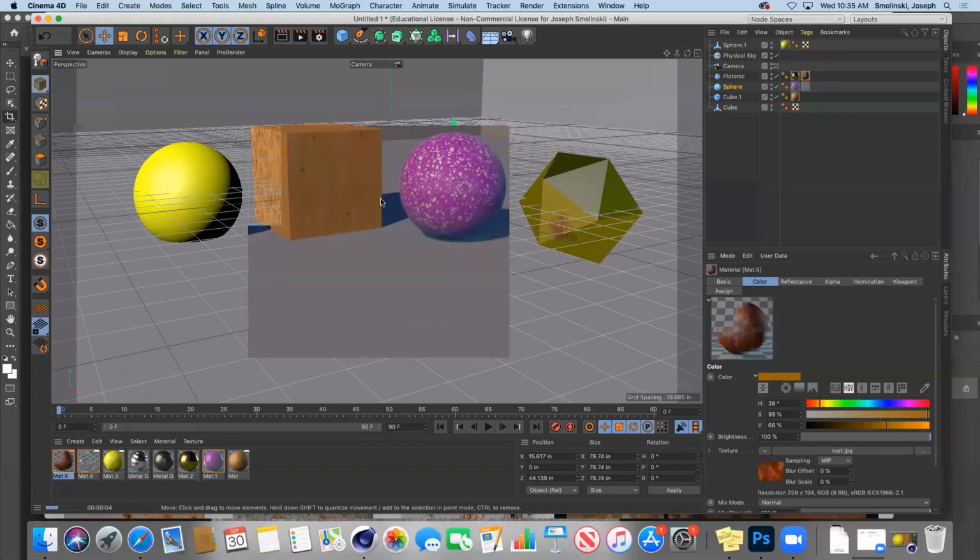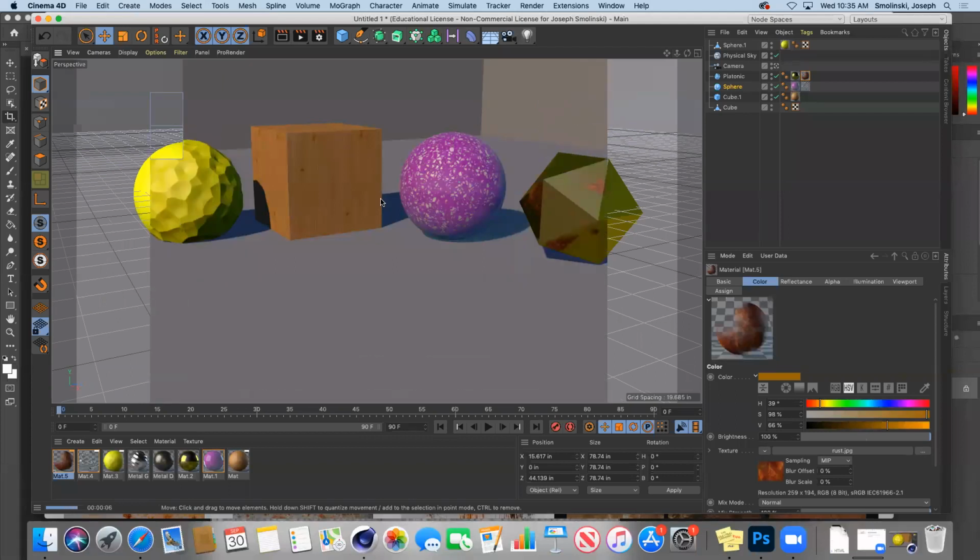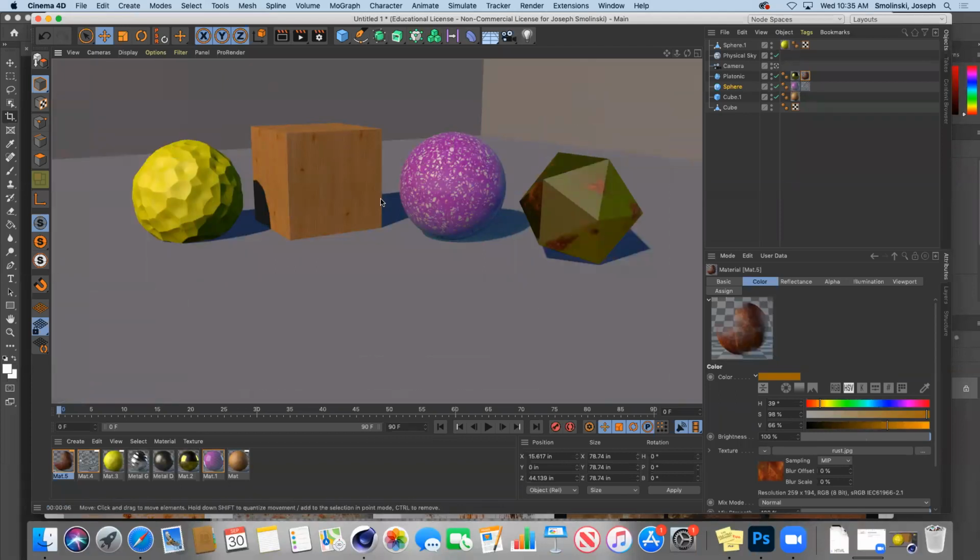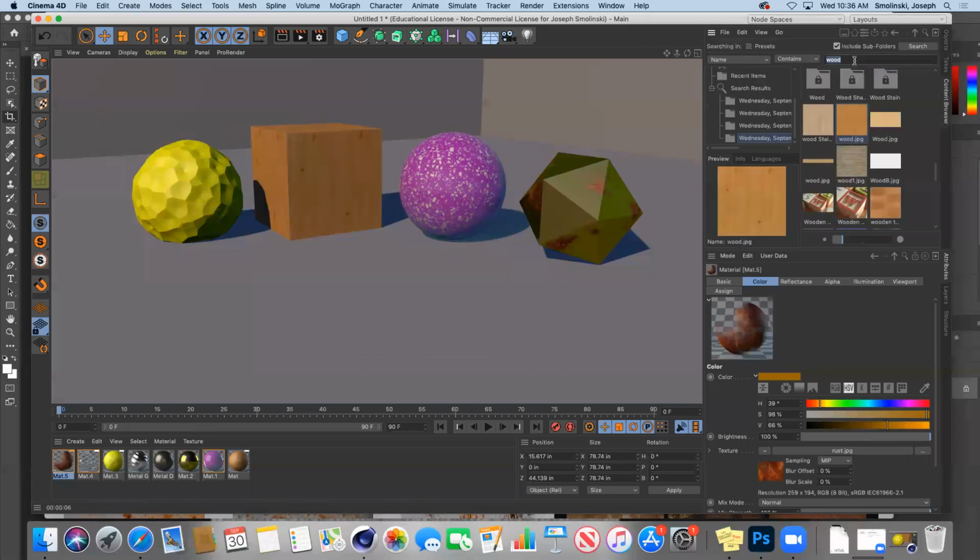Okay, I know that was a lot, right? But ultimately what I want you guys to do is two things. First, I want you to be able to understand how to make materials that you want to make, right? Because sometimes you just can't find what you're looking for. And the other thing is I want you to be able to go to the content browser and search up, like,